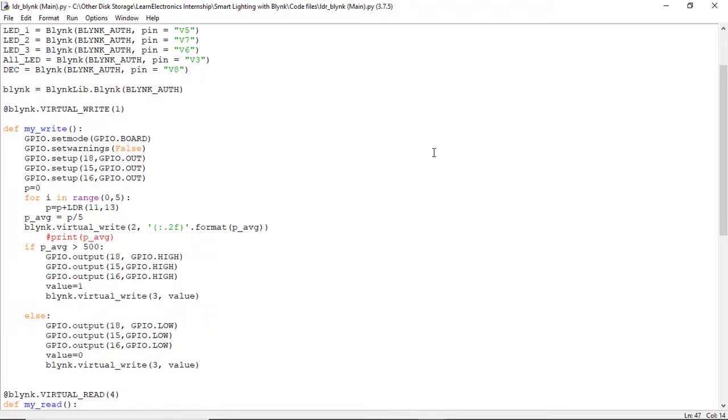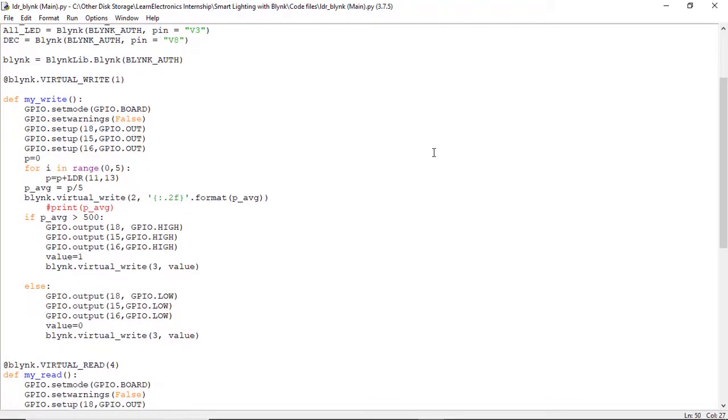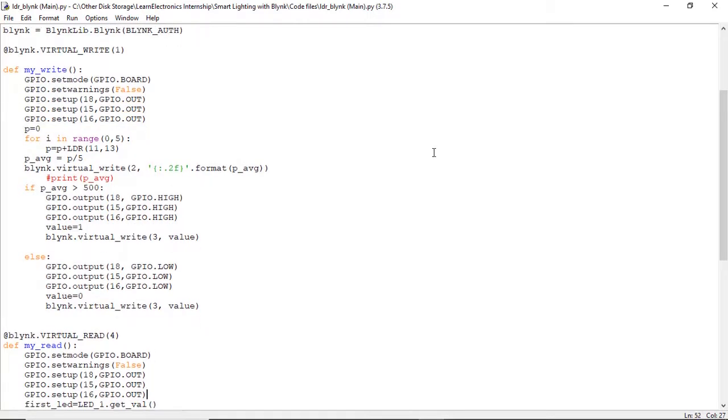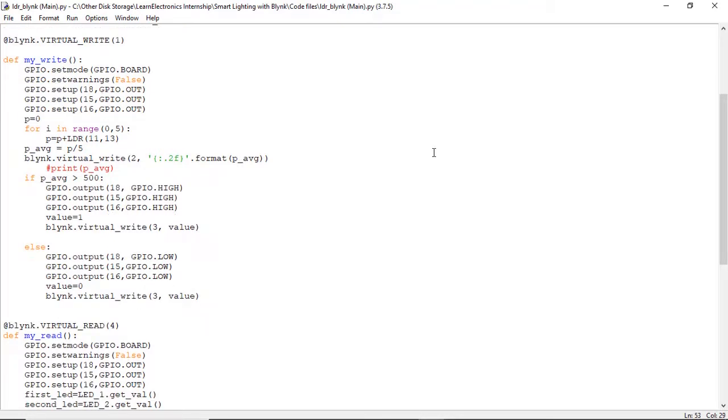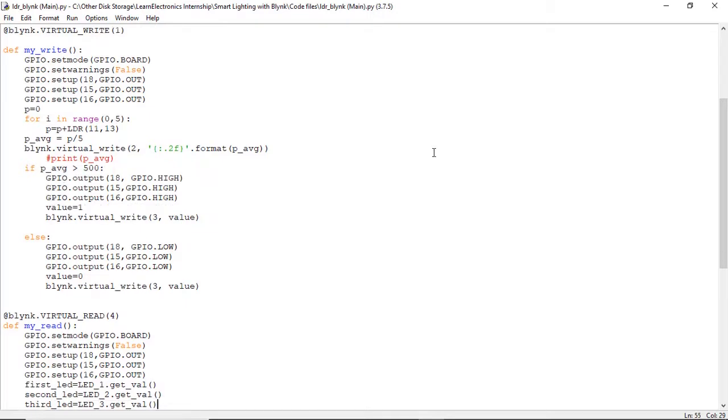Now we move to the virtual reading, wherein we do the same thing. We just initialize the board pins, set the warnings as false, then again initialize the board pins and set them to output. Now here these are the functions of the Blink API module. For the first LED, second LED and third LED, these are for the manual buttons. So whenever you press the manual button on the app, the LED values here would be toggled.